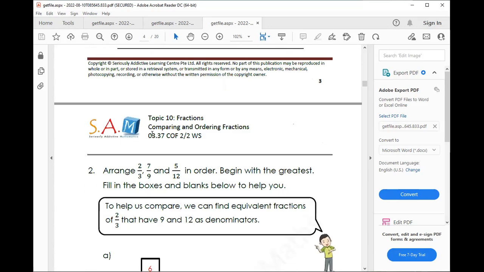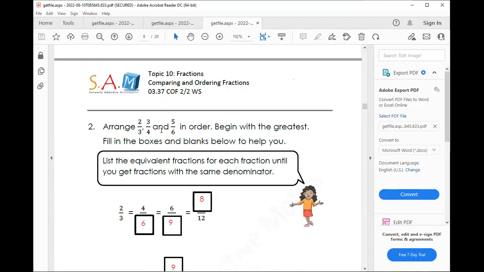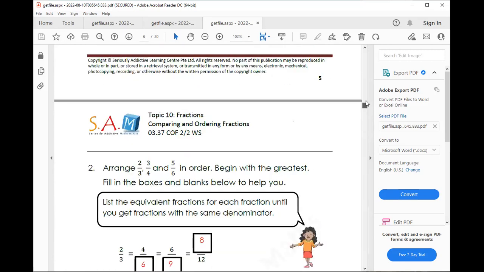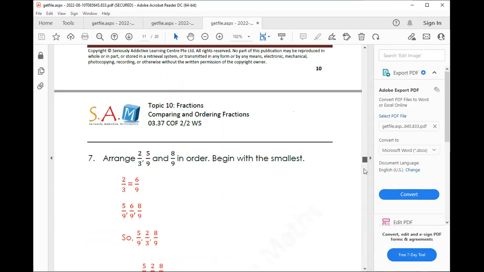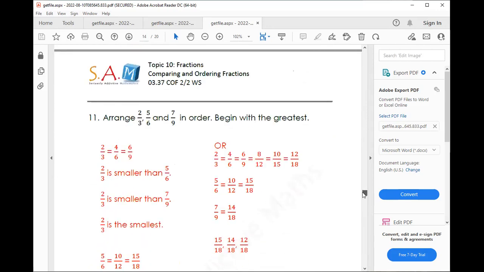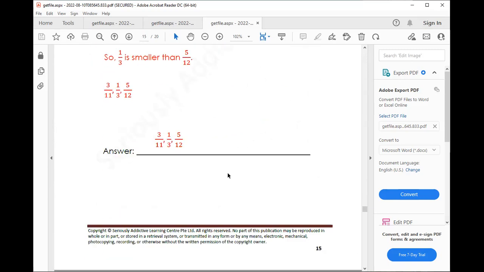Okay, after that, they can do guided practice. Okay, once they're very familiar, they can also use the method that I've taught them. All right, the special method early on. Okay, all right. Now let's see. So get them to do the guided practice, and then after that, I think one of the questions that you need to get them to do would be